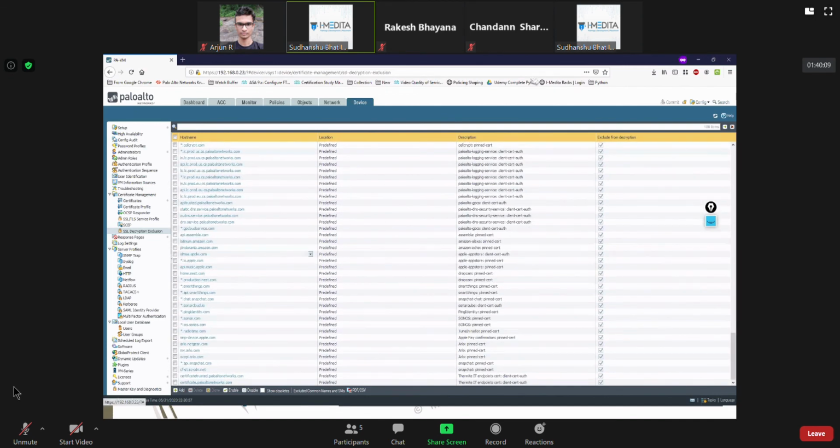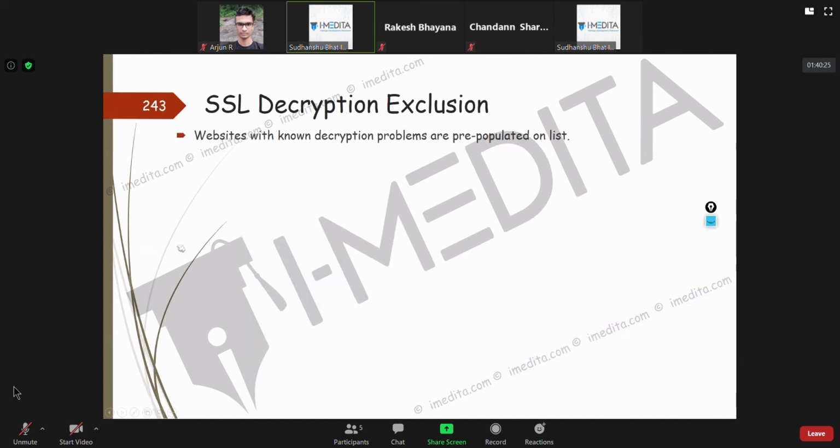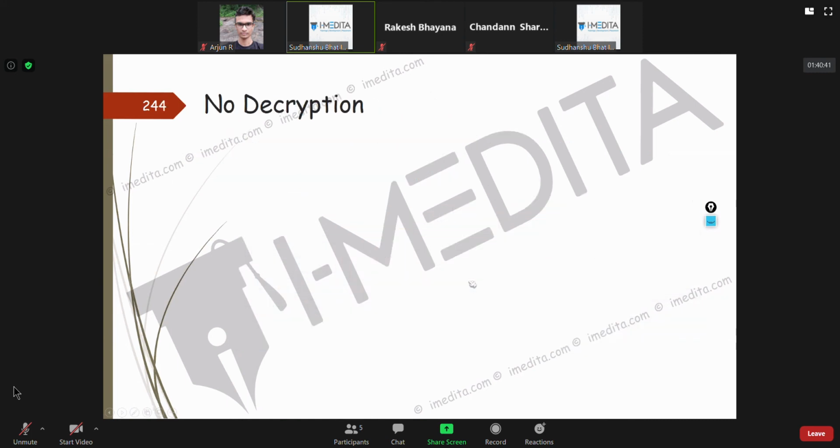These updates also come along with the firewall updates, so you do not have to worry about most common applications, but you can have your own by adding them here. Websites with known decryption problems are pre-populated on the list. The exclusion list is updated via content updates. You can add websites based on your knowledge. Okay, fine.